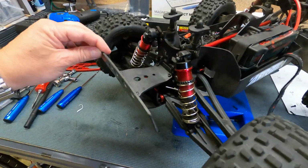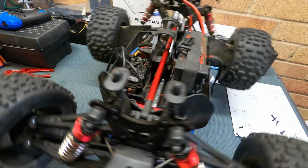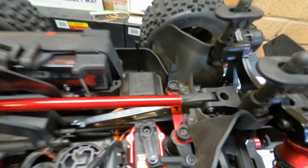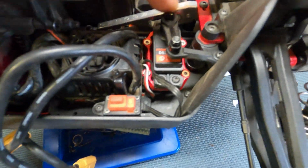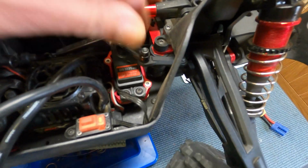We've got the T-bone racing front bumper on it. I've just installed the M2C chassis braces, front and rear. We've got a Castle fan on it and it's currently running a 12 tooth pinion. I've also got the Fast Tracks servo mount and the